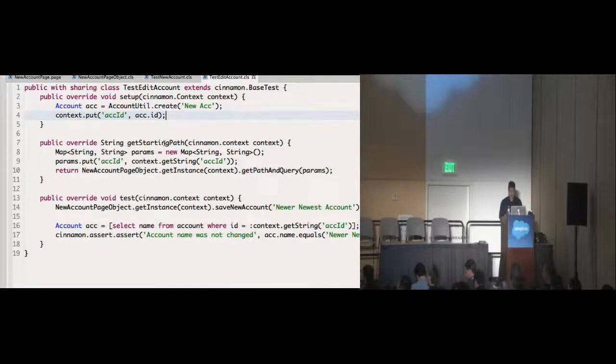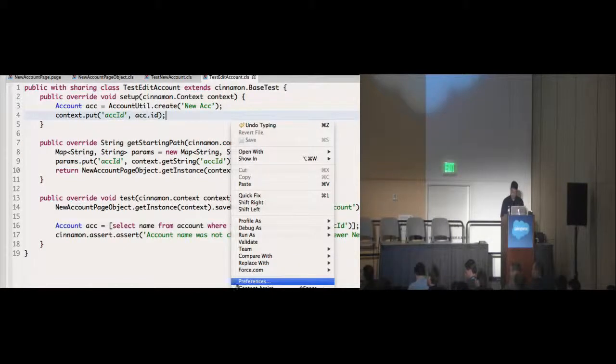Now getting the starting path is also a little bit different, because you want your application to start on the page of that particular account that you already created. So you get the account ID here, and you tell the page object, this is the ID of the page, give me the URL that I should start on. And on the test, it's going to be the same thing. The difference is that we'll be